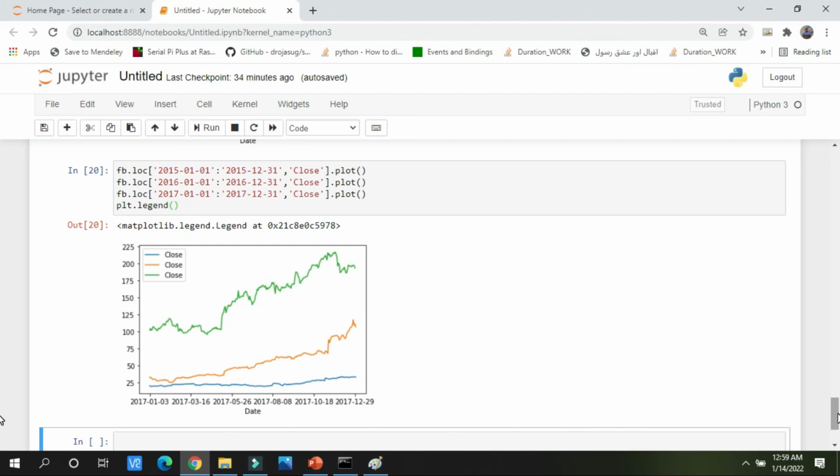So it has taken all the dates and plotted them one on top of the other. This graph shows that the stock price of Facebook had a drastic change in 2017. In 2015 it is at a low price around 25, and around 2016 it has increased a little bit, but in 2017 it goes to the next level, which is 100 or greater than 100.